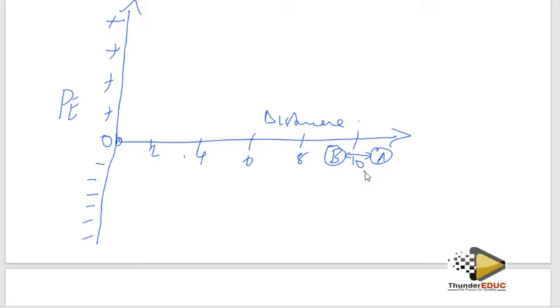Now what happens if these are like this? It means that the energy is too small. As they keep coming, the distance has shortened, and the distance is now too small. It means that you have attraction and repulsion. The attraction is going to increase as these atoms come together. When they come too close, the attraction outweighs the repulsion.